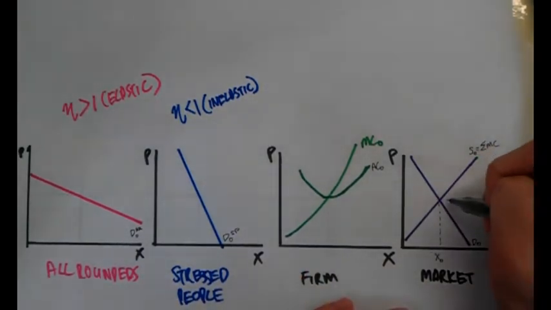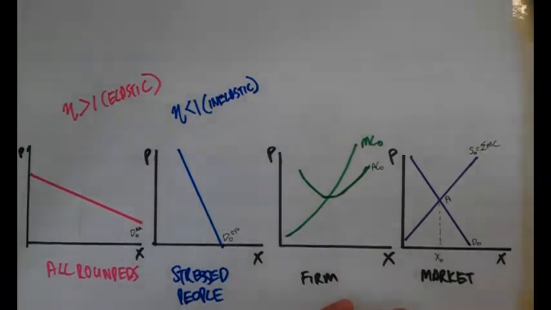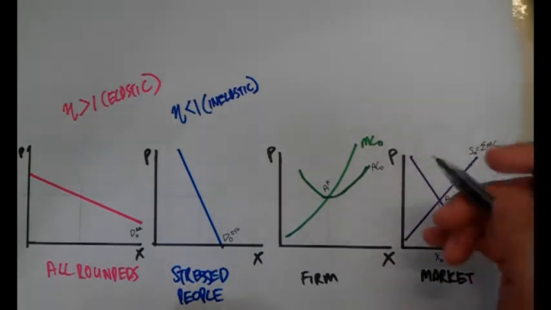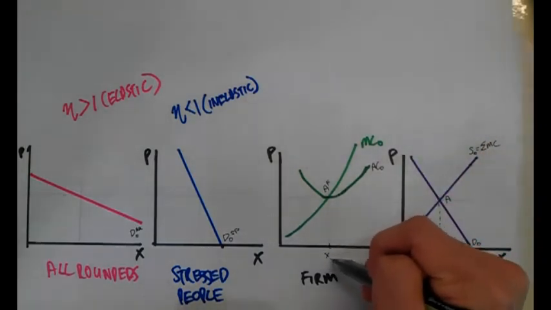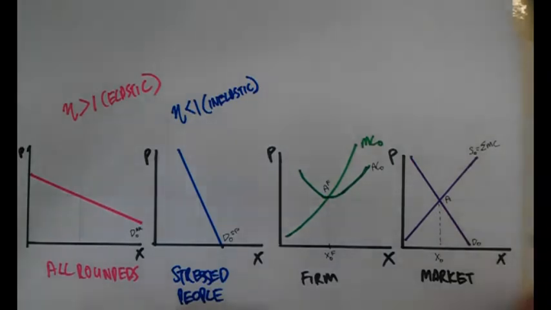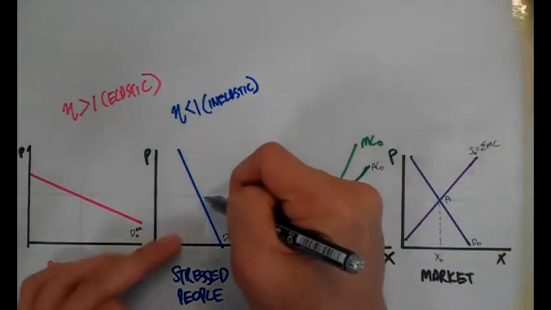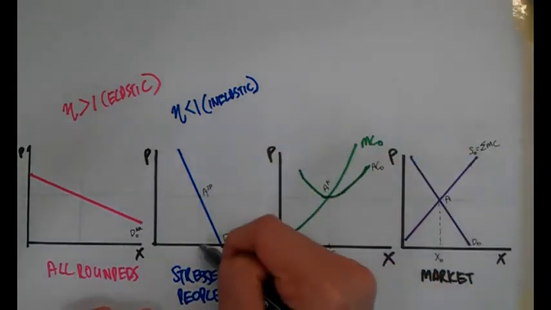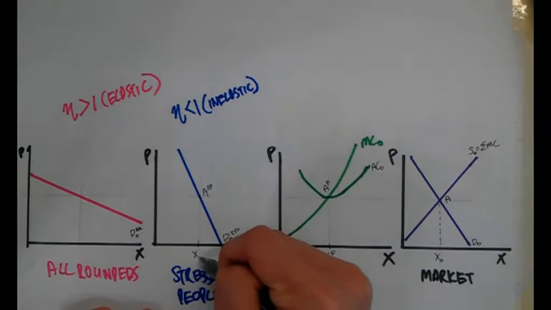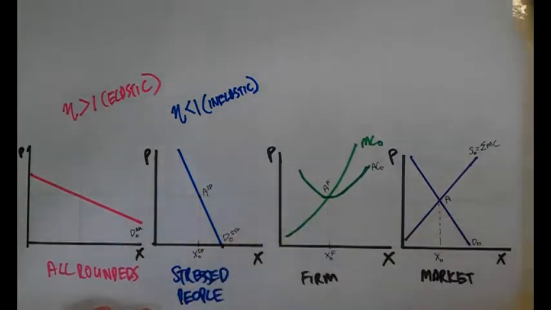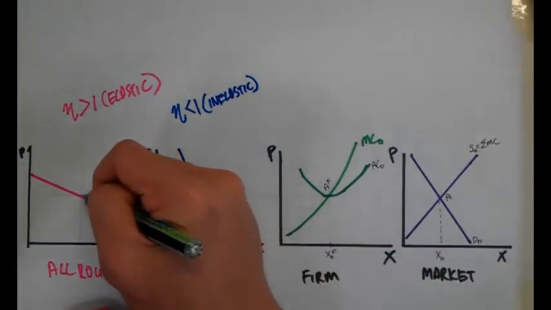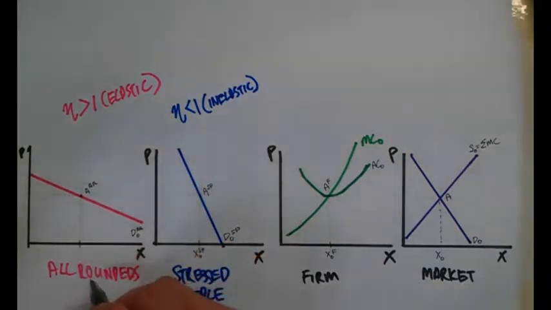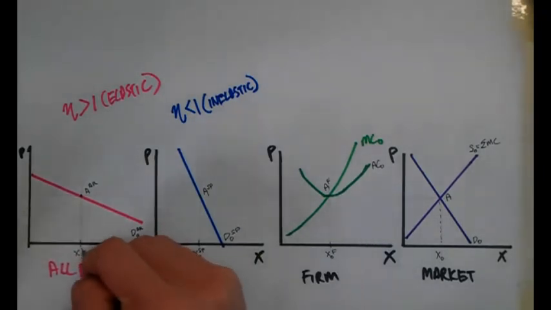And the economy is at point A. Sorry, the market is at point A. So now the firms are at point AF. F stands for firm, and they are producing X naught F quantity of books. And the consumers, the stressed people, are over here at point ASP, and they are consuming X naught SP amount of books. As for the all-rounders, it's going to be AR, and they are consuming X naught AR amount